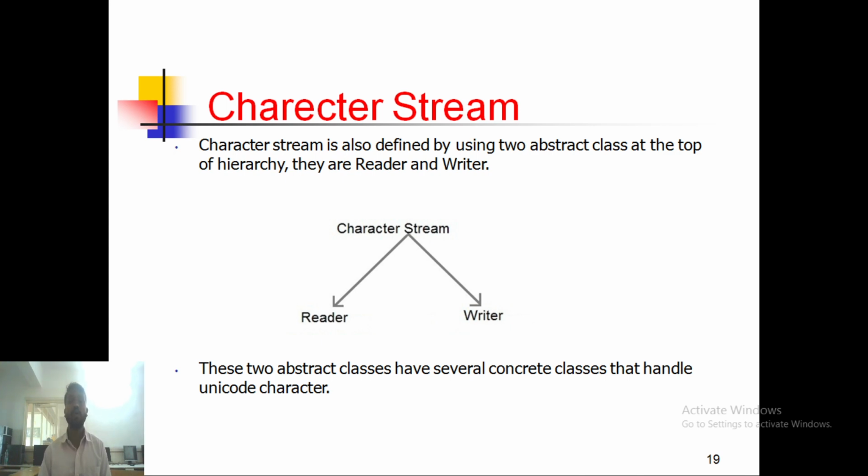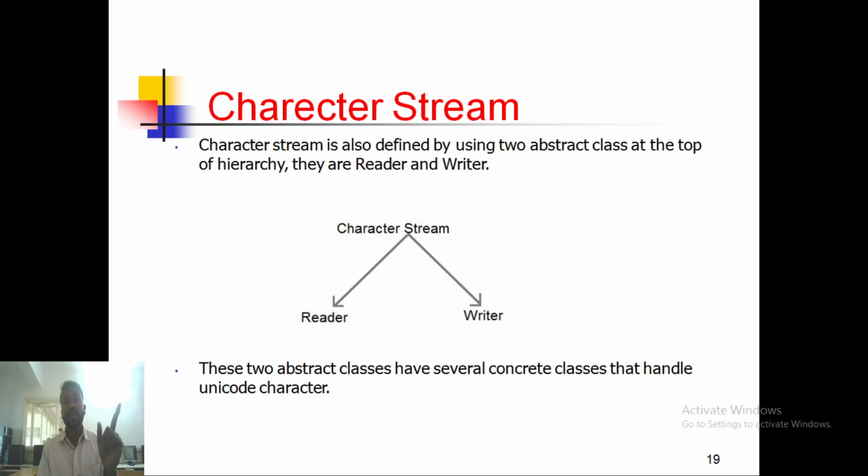These two operations are handled by the character streams through characters. Again there are two abstract classes: the first is the Reader class and the second is the Writer class. The Reader class is used to read from the file, whereas the Writer class is used to write to the file.